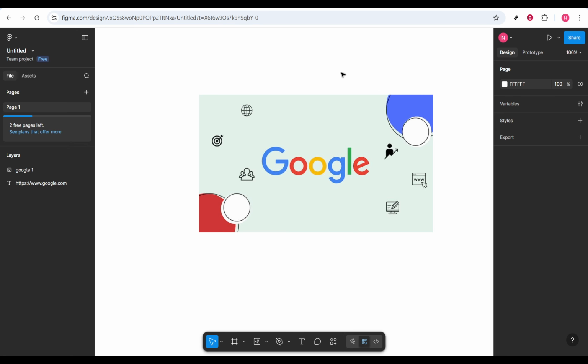When you present or share your file, clicking that image will trigger the link you added, giving you a clean interactive experience without extra visual elements on top. And that's all there